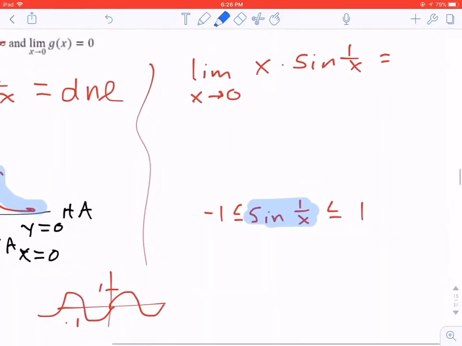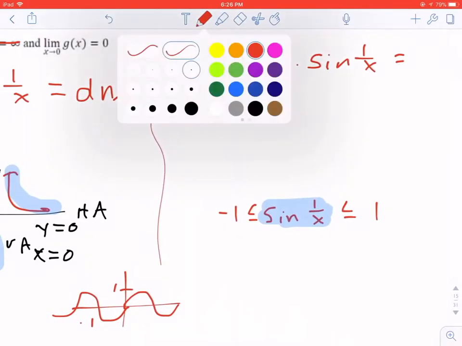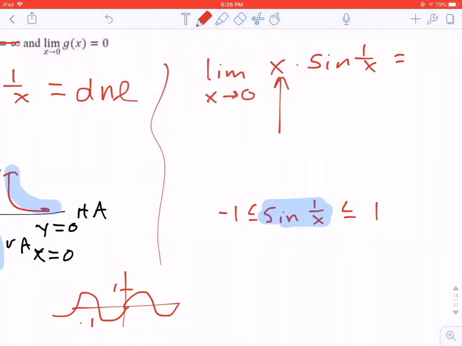Well, we have to take this inequality and put into it this x. To do that, I'm going to multiply the left, the middle, and the right of this inequality by x. It's going to be -x less than or equal to x sine of 1 over x, which is less than or equal to x. The squeeze theorem says